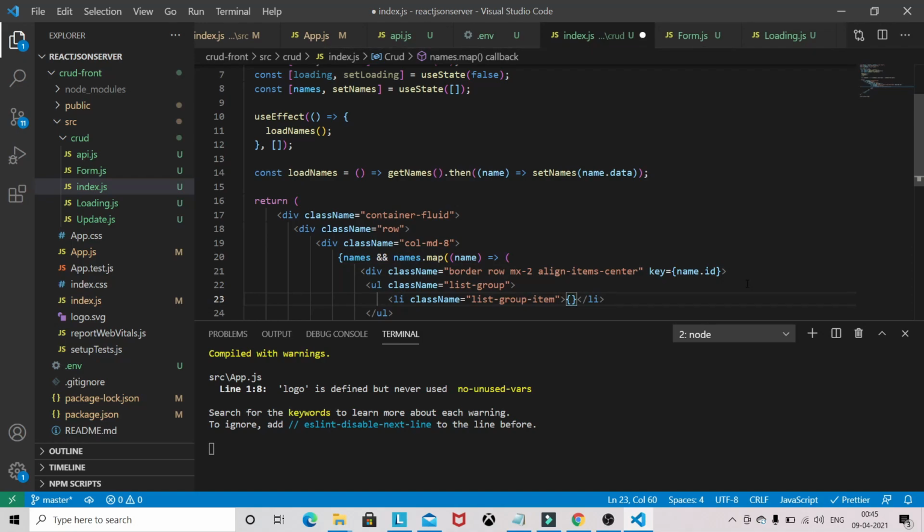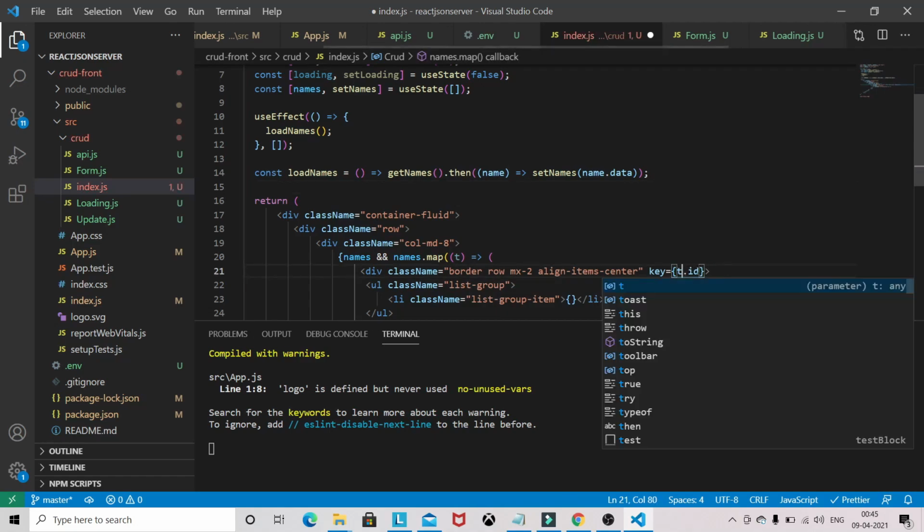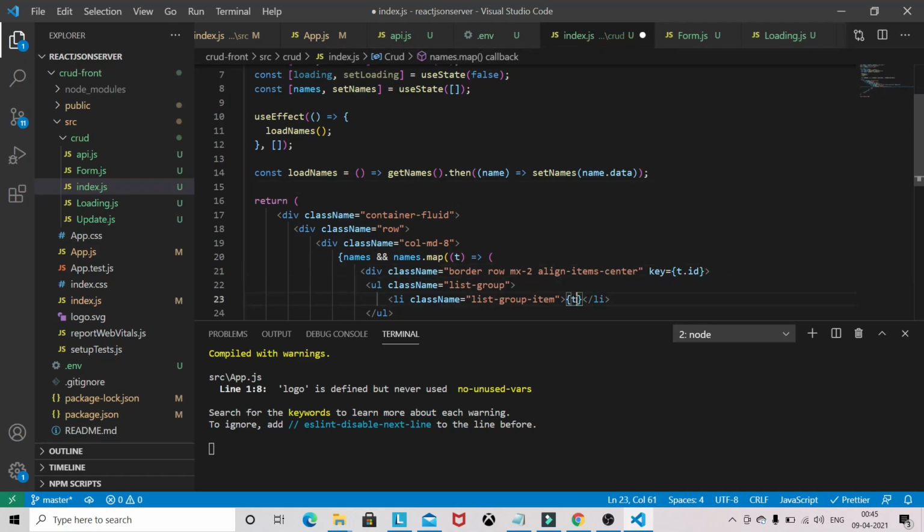So this will be a name. Okay, give some different name here, because we have a name in that db.json, so let's give t. So t.name.